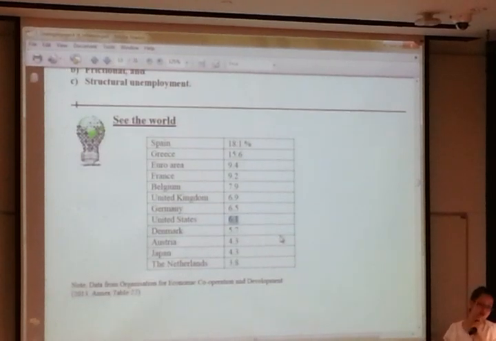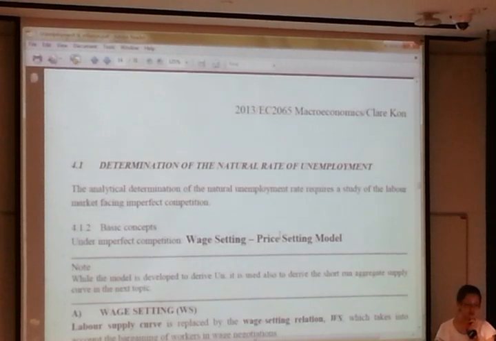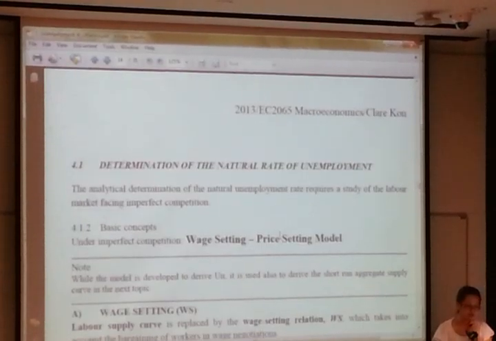Okay, so in this case, we want to move on to understand how we want to control the natural rate of unemployment. So what are the factors we need to know? Okay, so with this, I need you to turn with me to the next segment of your notes, which is page 14. So I skipped